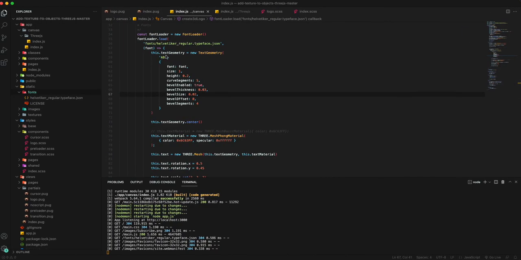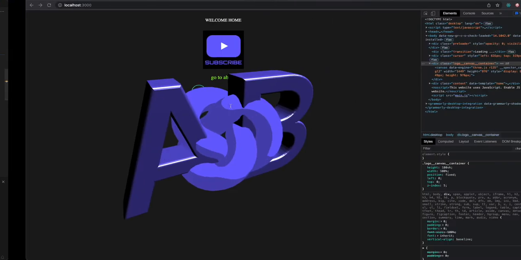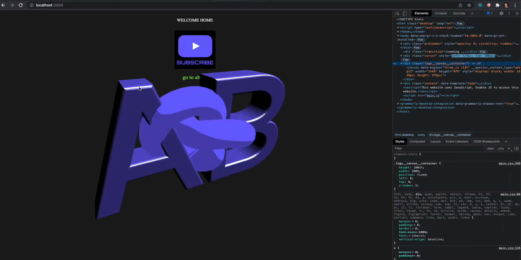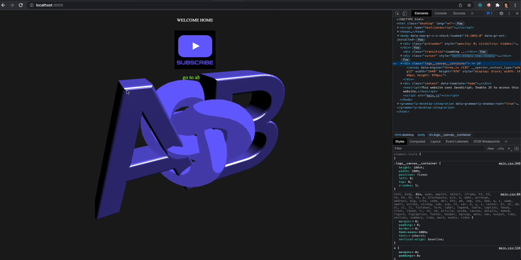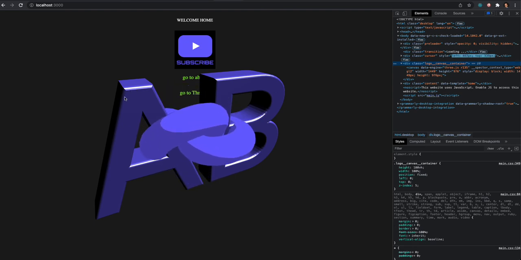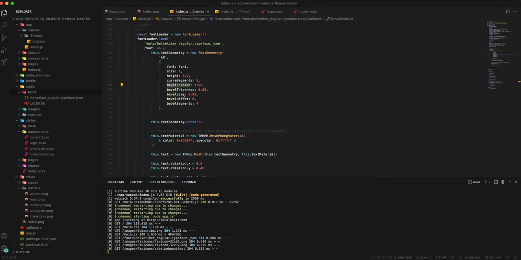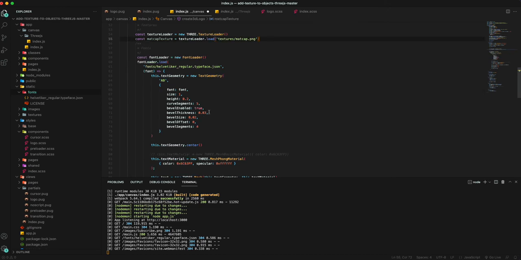If we go back to this text geometry here, you can see all this bevel stuff, and bevel is basically this edge here. It kind of gives it this effect on the edges. You can play with these numbers like the thickness, size, offset, segments, and see how it looks. The next material that I'm gonna show you is